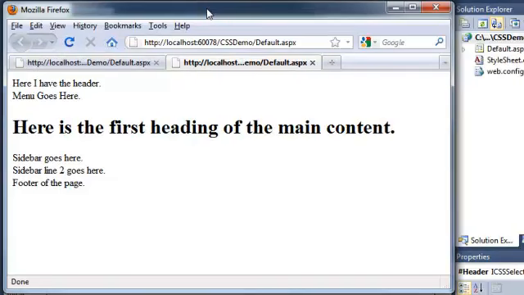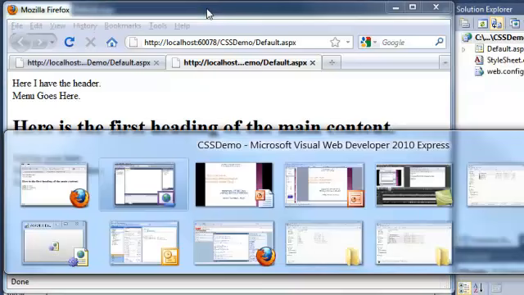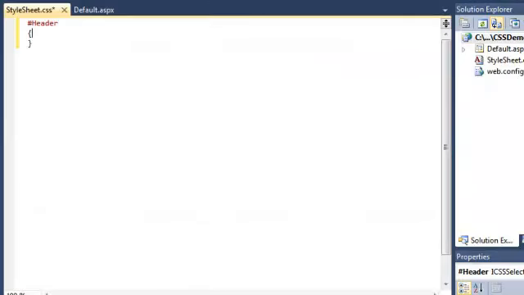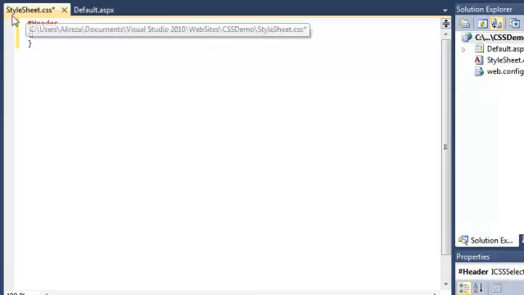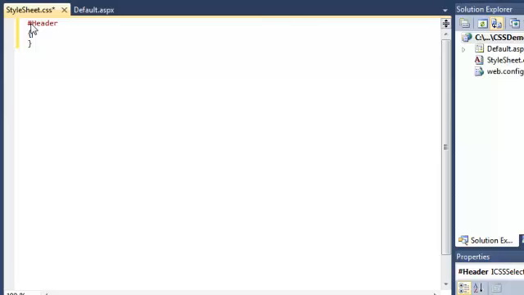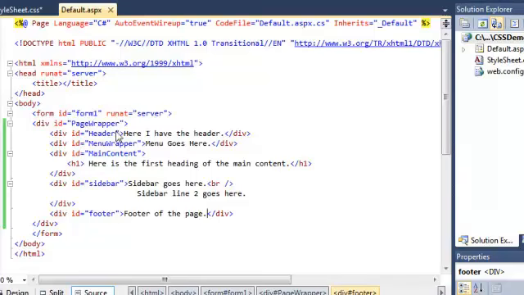Okay, let's add some styles to our web page. Now, open the styles.css file that you created, and I actually had my styles file opened, stylesheet.css, and I added the ID selector for the header. If you look at the default ASPX, now I want to give some styles to the header of my web page, which is different than the head of the page with the title elements and all that. It's actually a placeholder that I created with the div element, and I want to put this header on top of the